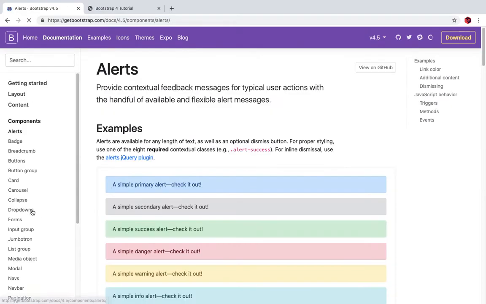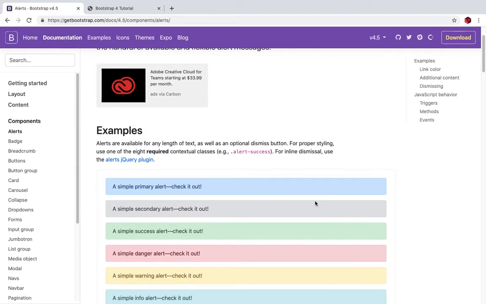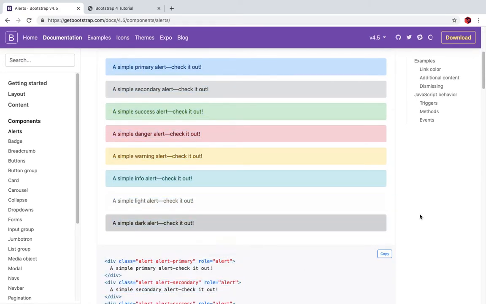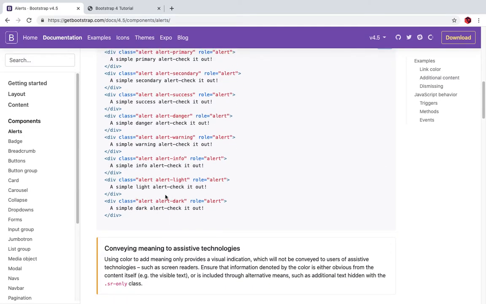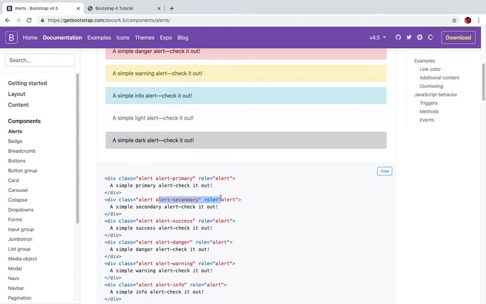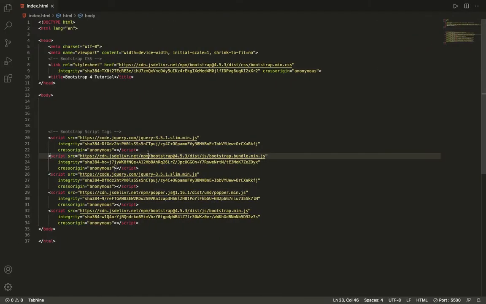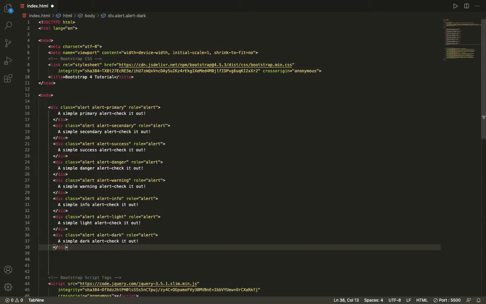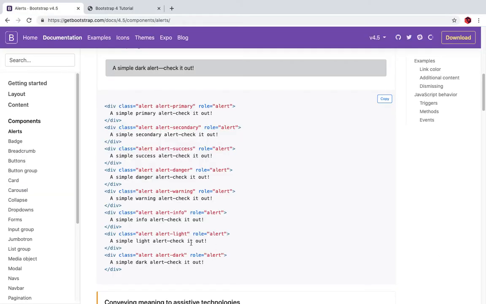So inside components, first we have alert. There are different types of alerts. You can see so many, and each has a different class. Each one has the class of alert and a role of alert. But then in the secondary class we have given it alert-primary or alert-secondary. So let me copy this one, and I'm going to paste this here. And now if I go here, you can see we get all of these alerts, but this is not so useful,